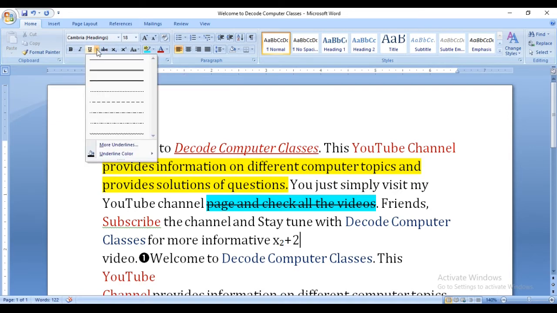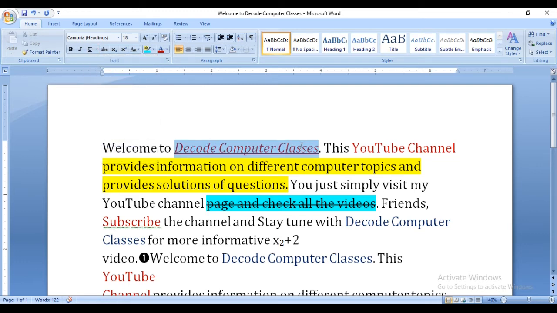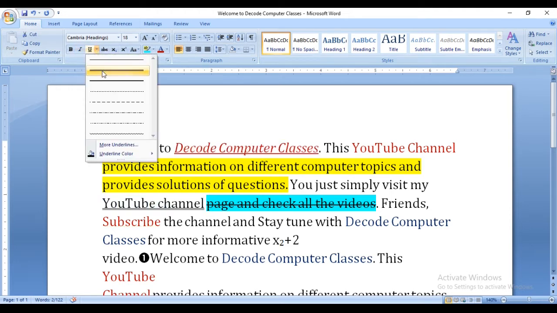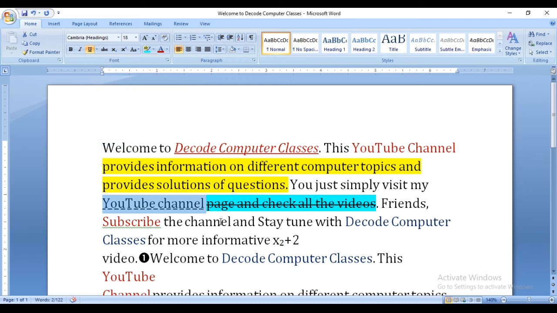So this is all. And in the underline tab you can see different types of lining. If I do the underline, double lining is here, and dotted lines. Okay, so these are the lines which you can have as a setting in your document.